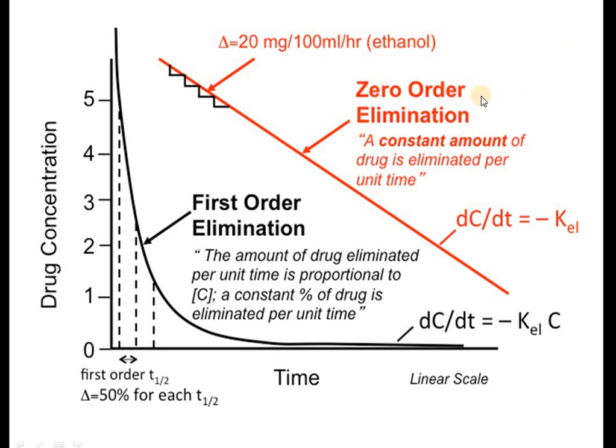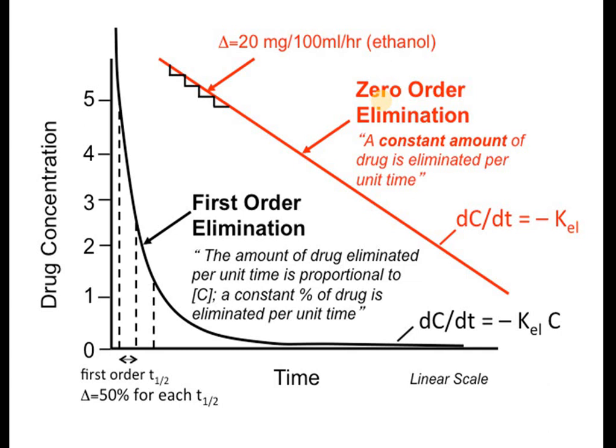So what is zero order elimination process? In the zero order elimination process, a constant amount of drug will be eliminated per unit time. मान लीजिए कि आपने इथेनॉल 20 mg per 100 ml per hour. It is a constant. Constantly वही amount उसका रिमूव होते जाएगा बॉडी में से, उसको बोलते हैं जीरो ऑर्डर एलिमिनेशन regardless its plasma drug concentration, कि इतना ही ड्रग रिमूव हो जाएगा per unit time, ओवर में डजंट मैटर आपका प्लाज्मा में कितना ड्रग है, constant amount